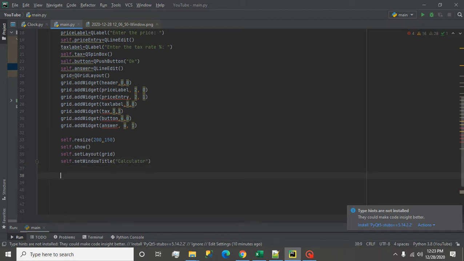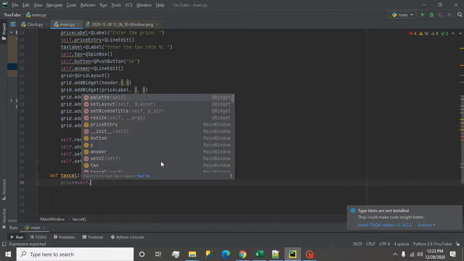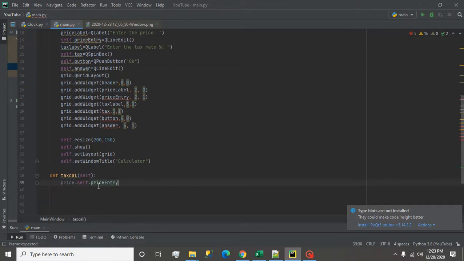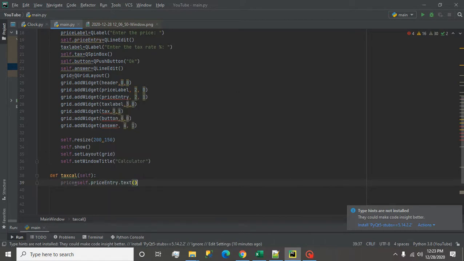So for that, I create one method, let's say tax calc. And here I define one variable, let's say price, and I call this price entry variable. What I want is the text, so I call this method.